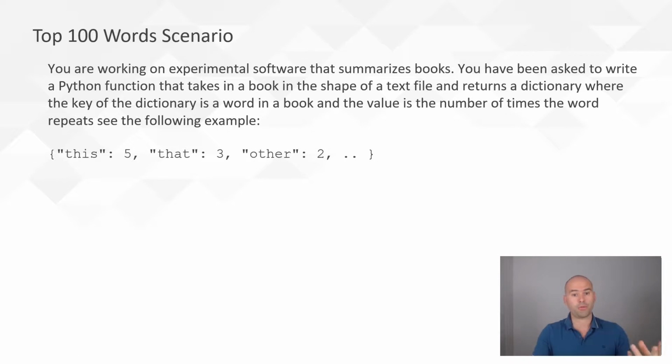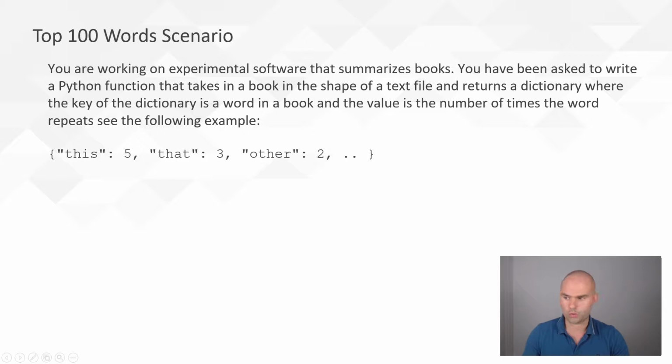The first part of the problem is taking that whole giant book file and breaking it into a list. A list with no punctuation. The second part is then taking that list with no punctuation and creating a frequency dictionary. So you can do these in one function, you can separate them. I'm going to separate. But either way, once you have this dictionary to work with, you can move on to